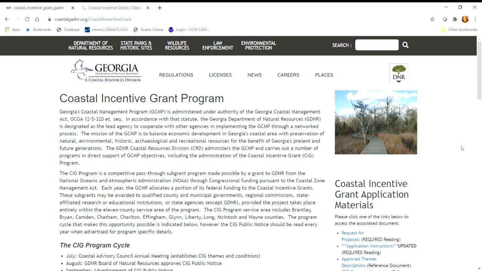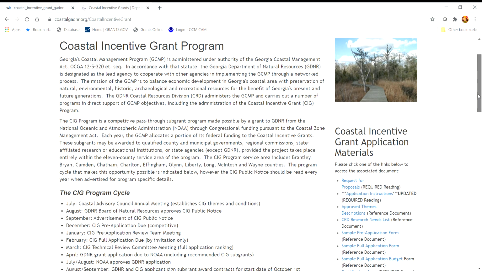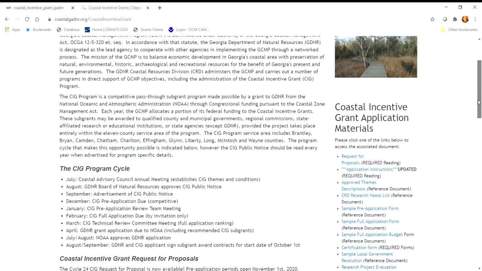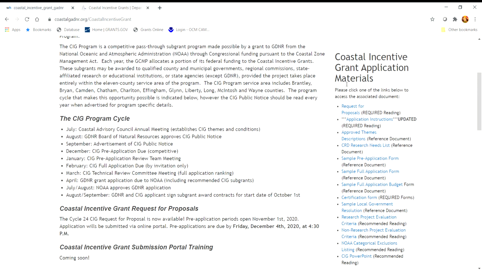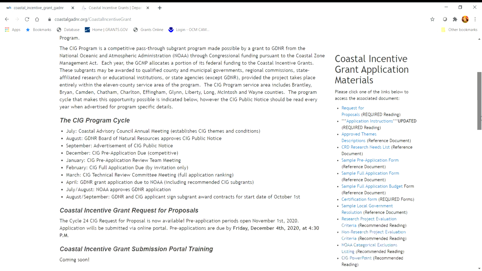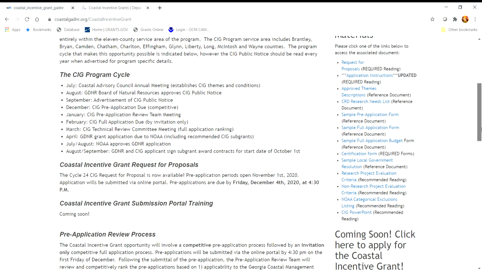that's available on our website. So the Coastal Incentive Grant Program webpage has all the information that you'll need to submit your pre-application and your full application. So please be aware of the application materials that are on the right-hand side. You can see the request for proposals, the application instructions, some sample forms, the evaluation criteria, the Coastal Incentive Grant PowerPoint presentation, and so all of this information I highly recommend you take a look at before and while you're